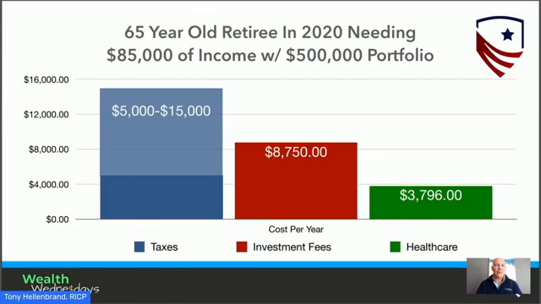If you've seen some of our presentations before, you've probably seen this chart where we talk about the three largest expenses for a retiree: number one, taxes, number two, investment fees, number three, healthcare. What's interesting about exchange traded funds is that they actually help you reduce both of the top two expenses. They help you reduce your taxes, which we'll talk a lot about on the back end of this video, and they'll help you reduce your investment fees to a huge degree, which we'll start with on the front end of the investment savings.